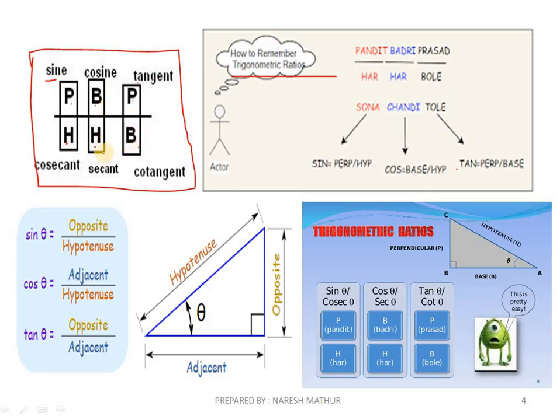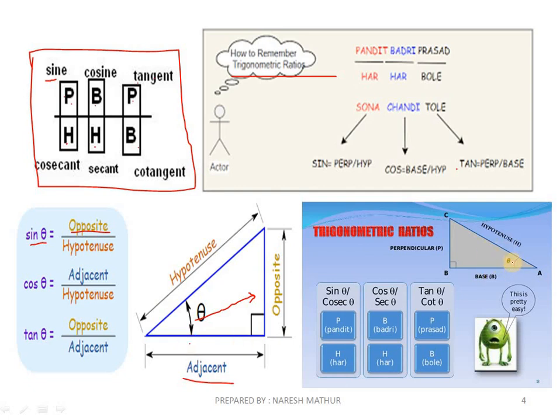Because the hypotenuse is always fixed in a right triangle, as it is the longest side. But what about perpendicular and base? For this, we have to focus on the angle which is given with the trigonometric ratio. As here we are given theta as an angle, sine theta equals perpendicular upon hypotenuse. And perpendicular means the side which is opposite to the angle, and the side adjacent to the angle is called the base.